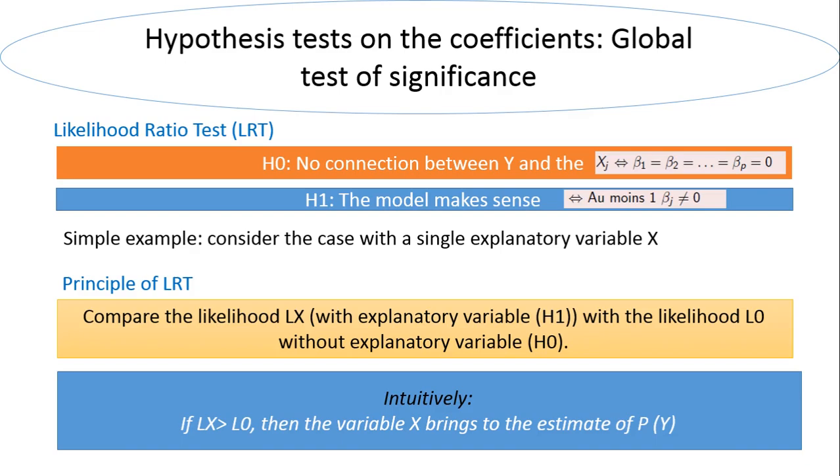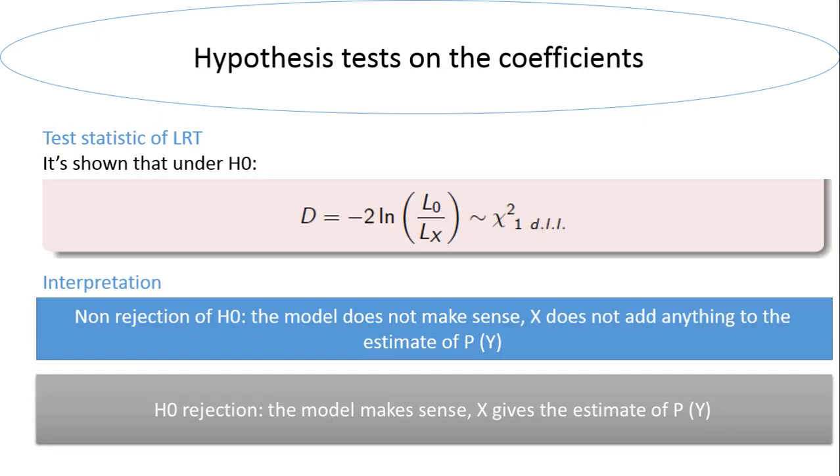the variable brings something to the estimate of the probability of y. So in the likelihood ratio test, we consider a statistic D that is given on our screen, which is shown to follow the chi-square with 1 degree of freedom. So the interpretation is that the non-rejection of H0